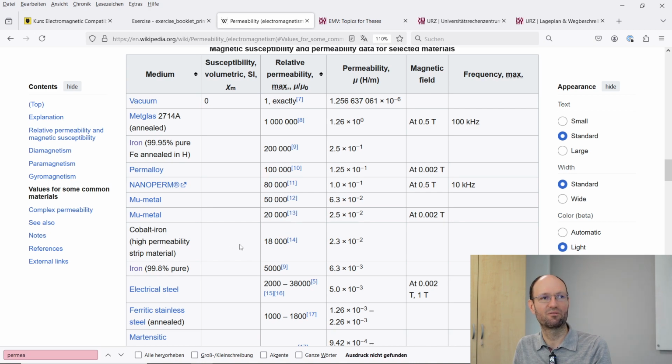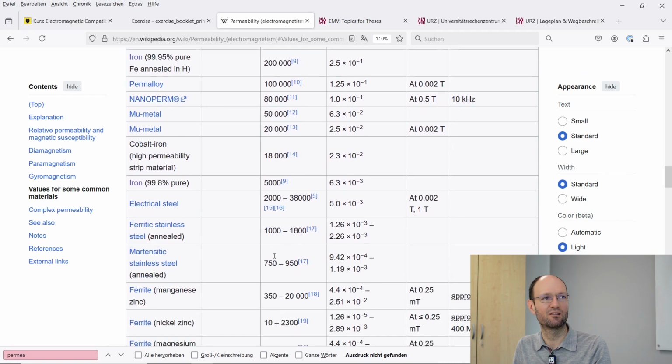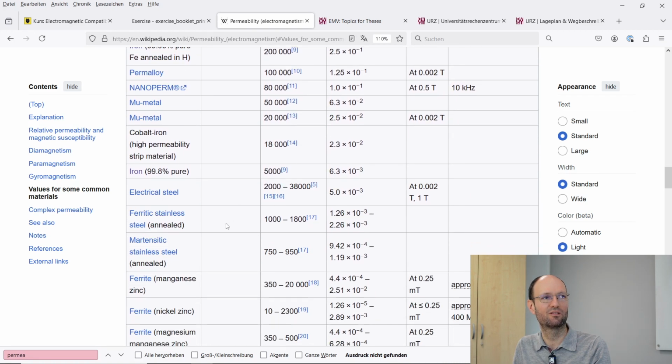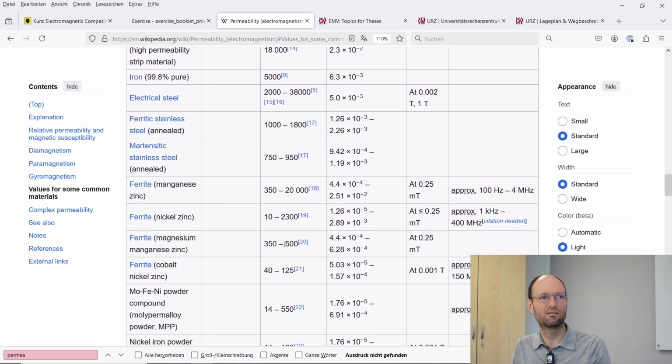If we have, I don't know, cobalt, iron, whatever this is, it's much less. If we have electrical steel, ferritic steel, I don't know what this is. And so different types of steels all have values in the range of a couple of hundred to some thousands, but